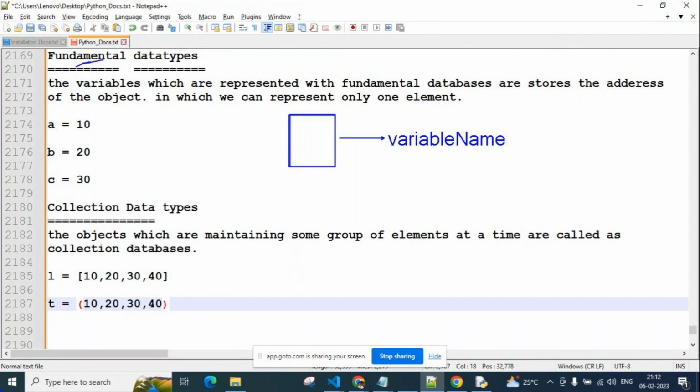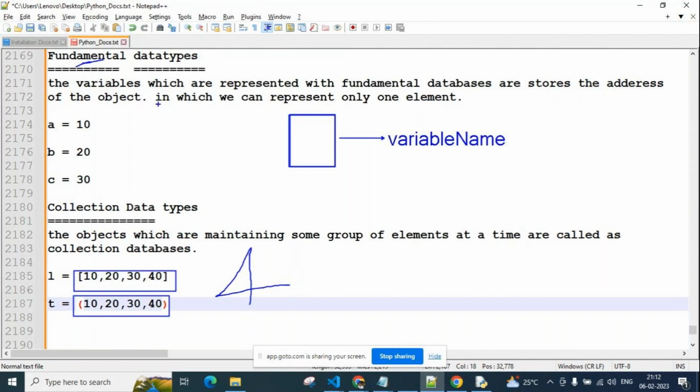Again guys, in these collection data types, this is one syntax using square brackets, and using parenthesis is another one. Under the collection data types we have many types, majorly 4 types there.